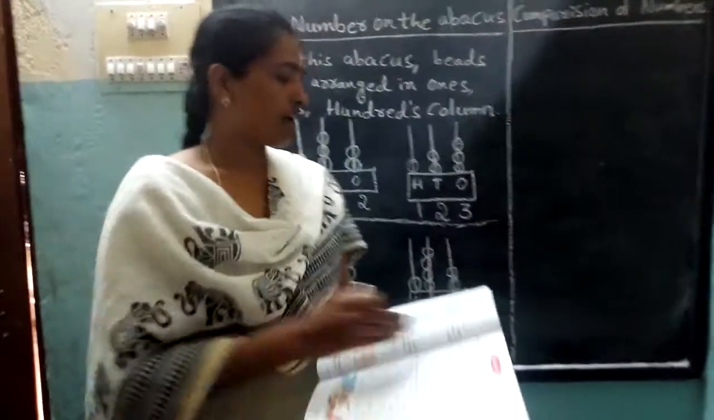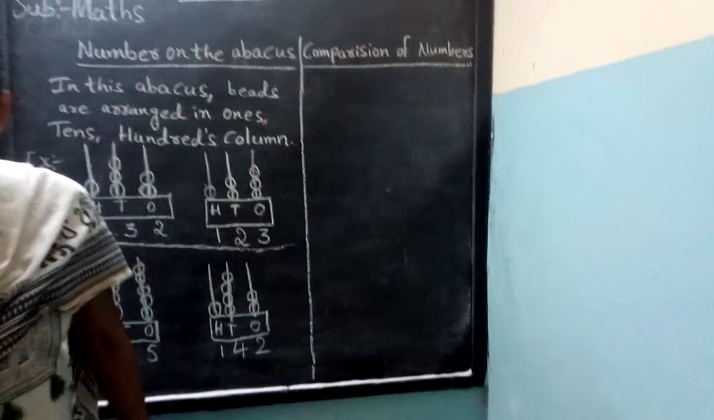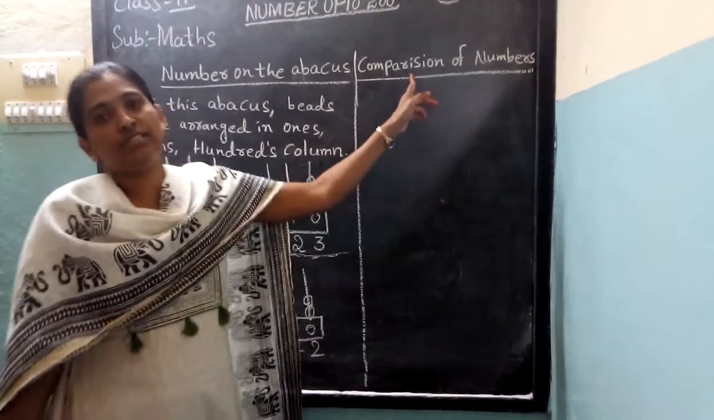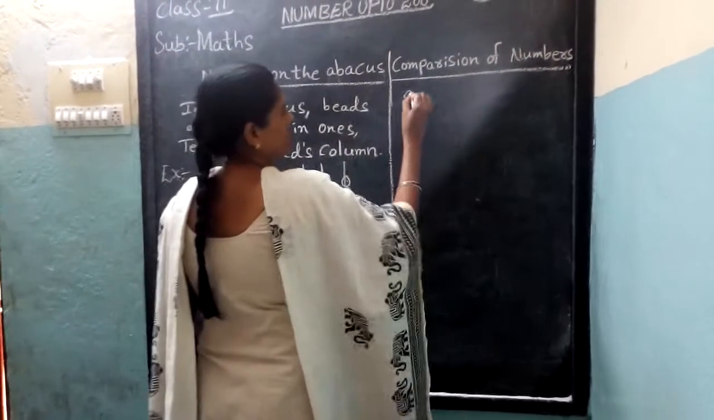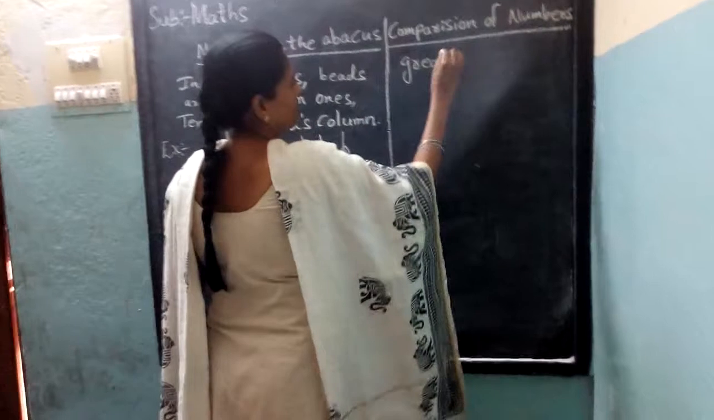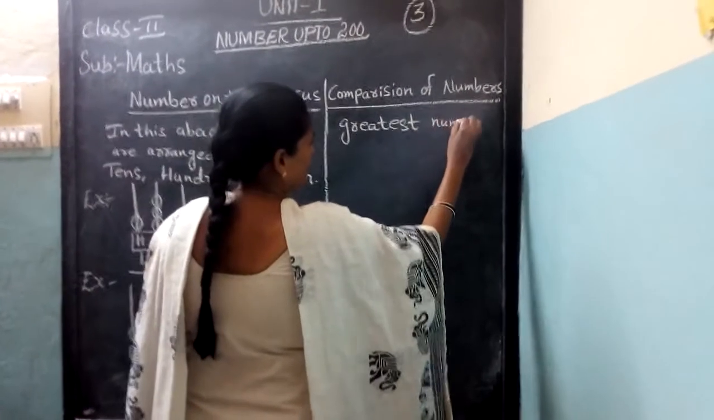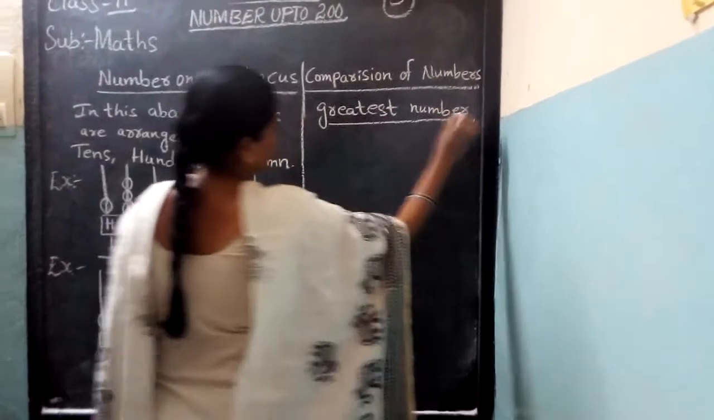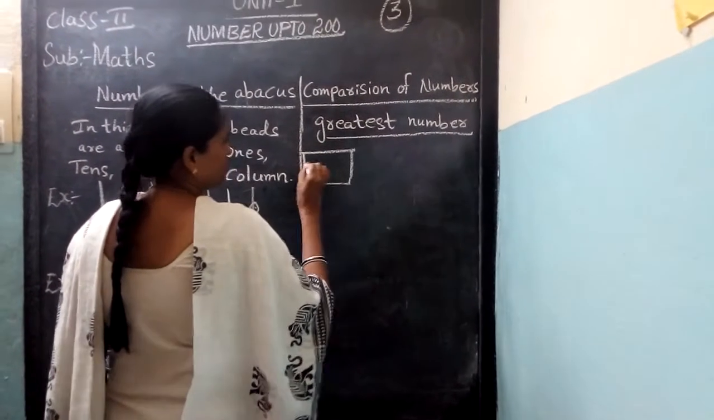Next, we are going to another topic, that is comparison of numbers. Comparison means you have to compare which is the biggest and which is the smallest number. Nothing but which is the greater number. First one, greatest number, and next one is smallest number. Suppose if two numbers are there,